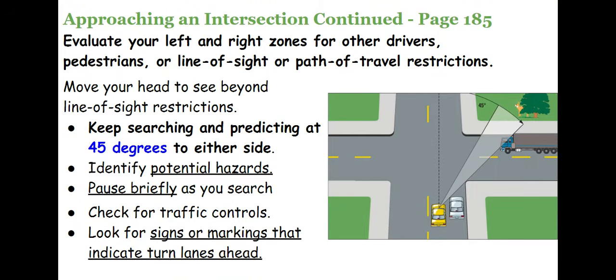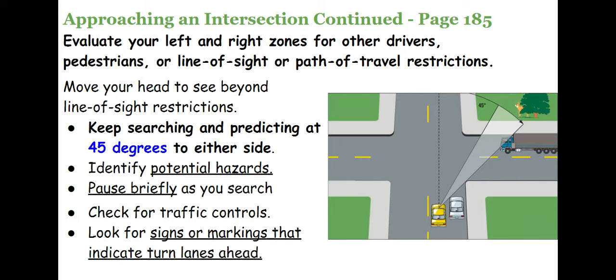So you're going to have to evaluate as you approach an intersection. And that's why those locations were very critical. This slide is just pointing out that as you approach, you're going to see what other restrictions might be in your line of sight or your path of travel, and you're going to increase your line of sight looking so you can identify any potential hazards, so that if you have to pause slightly or yield, you can do so based upon the